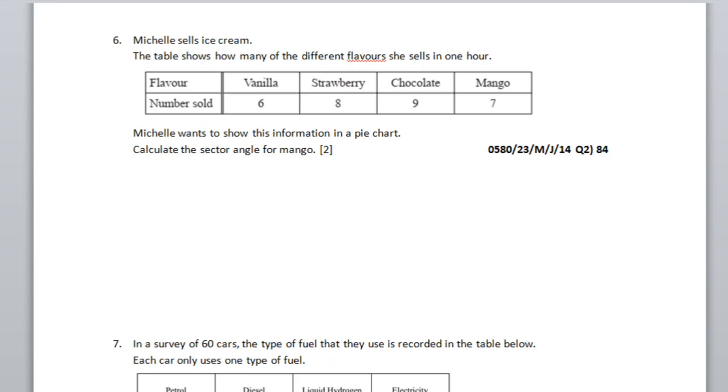Question number 6. Michelle sells ice cream. The table shows how many of different flavors she sells in 1 hour. Michelle wants to show this information in a pie chart. Calculate the sector angle for mangoes. So number of mango ice cream sold is 7 and we have to find the angle associated to this number 7 in the pie chart, and we know the total angle in the pie chart is 360 degrees,